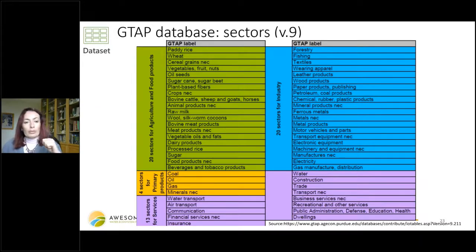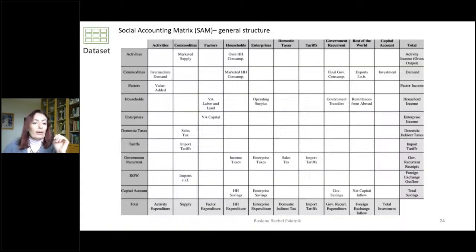Now, we use the GTAP database, which is very useful when the analysis is beyond one single country. In this database, I present you version 9. In the meantime, version 10 is also published. You can see they have about 57 sectors, 57 economic industries that are explicitly represented. Now, here you have the snapshot of the SAM.